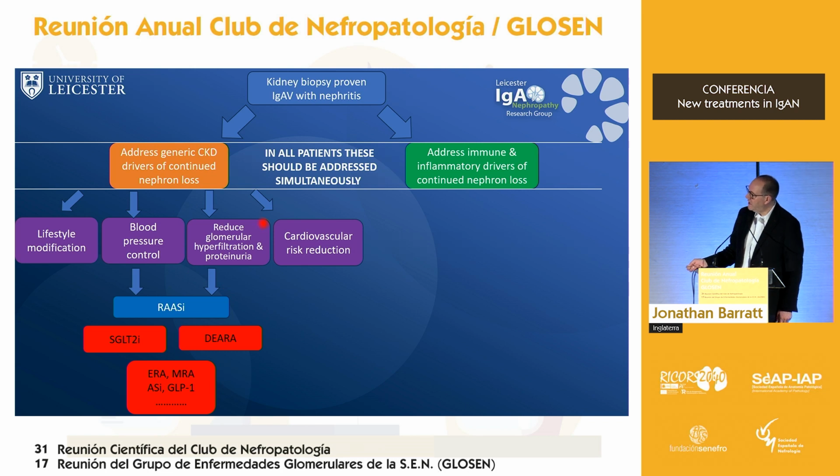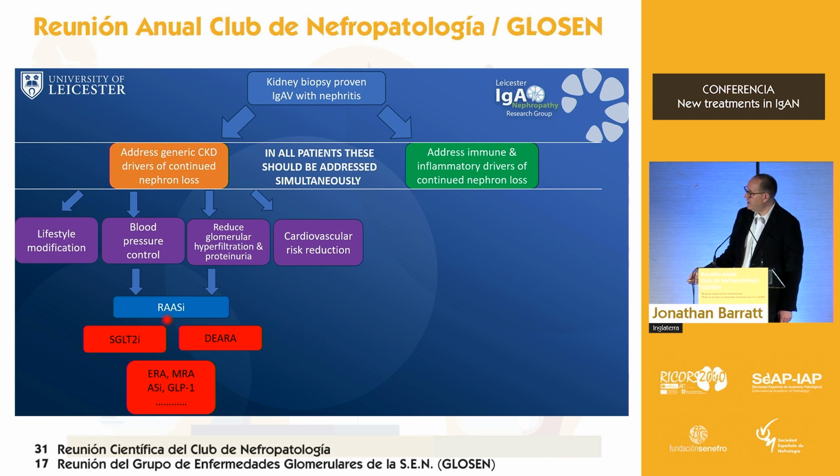The only issue compared to IgA nephropathy is we have no data for SGLT2 inhibitors, because patients with inflammatory glomerular disease were excluded from the SGLT2 inhibitor trials. Doesn't mean to say they don't work, but any patient likely to need immunosuppression was not included in the SGLT2 trials.